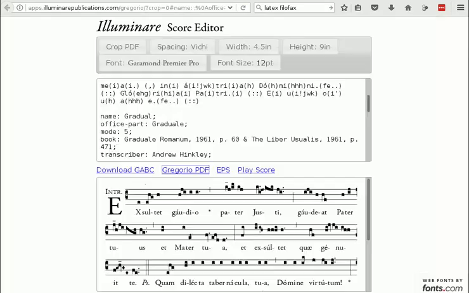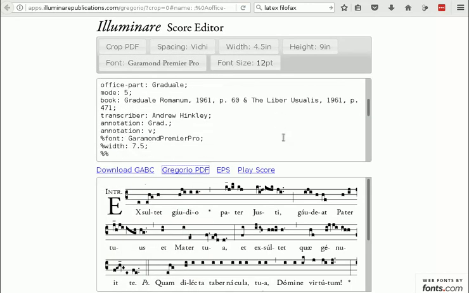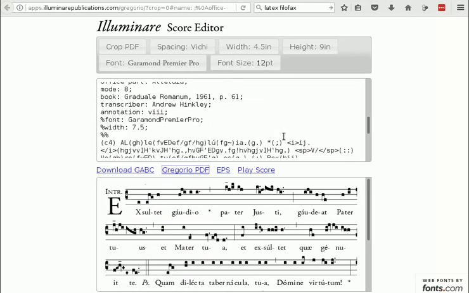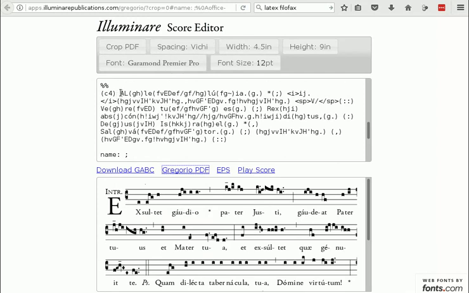So we'll go back to the Illuminare score editor tab and scroll down to the Alleluia. Now, it's a bit cryptic what all this means, but you can say Al, le, lu, ya. The letters outside the parentheses are your text, and inside the parentheses are the notes. Here the different divisios are these colons and semicolons and commas, and this is the last comma. So this is where we want to put a line break. You do an open parenthesis, and see it's made two parentheses, and put in a Z.